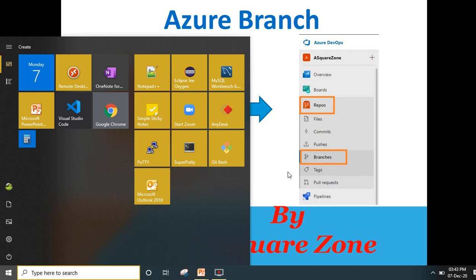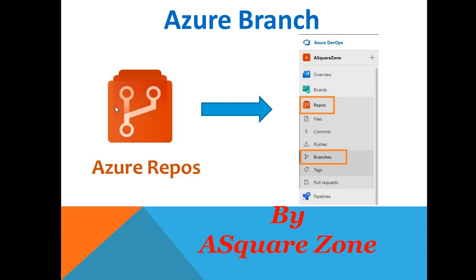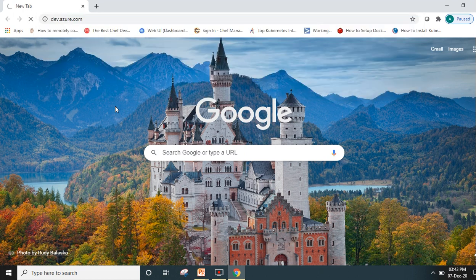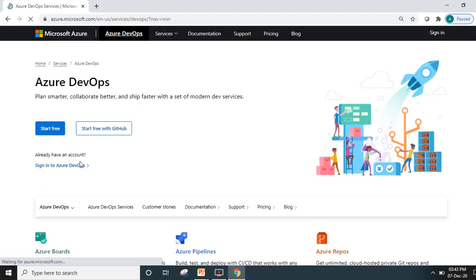So for this, we have to go to our Chrome browser and log into our Microsoft account. dev.azure.com is the URL for ADO services. Using the sign in link, we can connect.